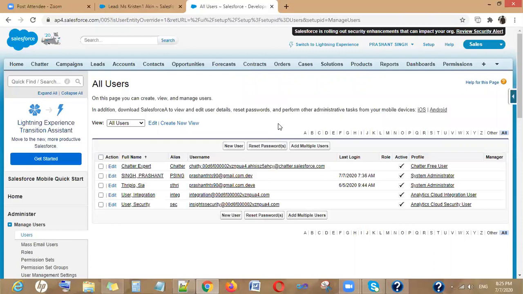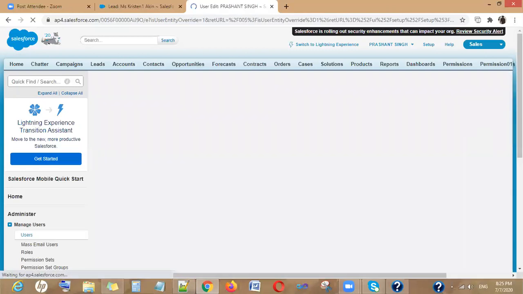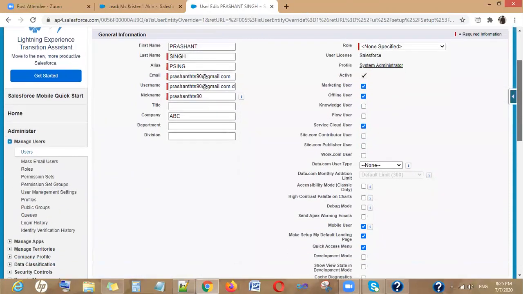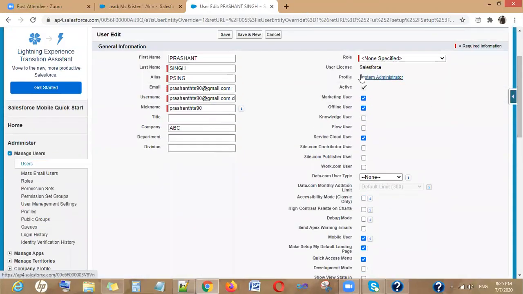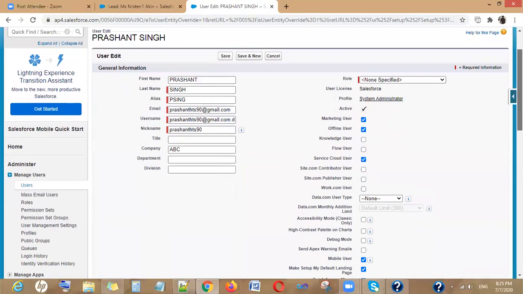That user is always known as the system administrator. You cannot change it. For example, you cannot change the profile of this user. This will be permanently the system administrator.